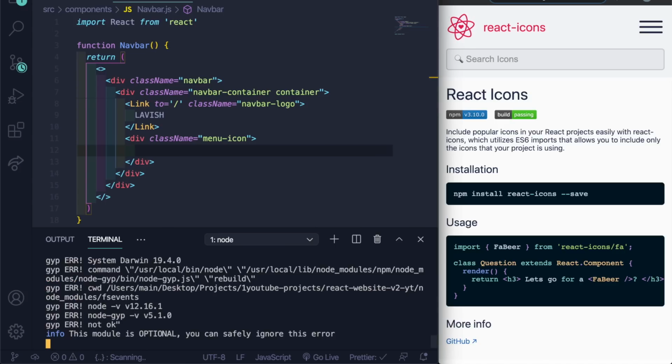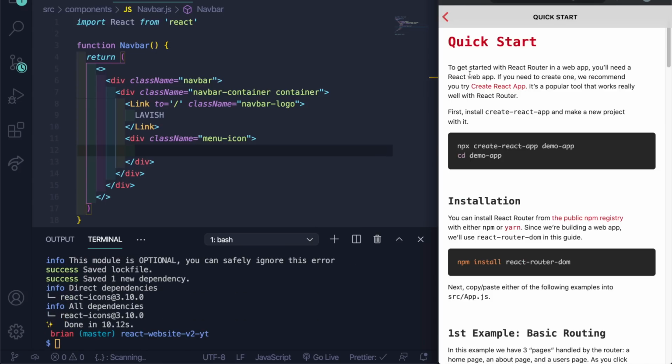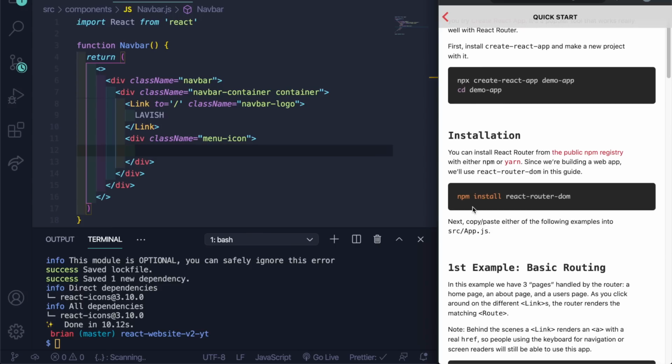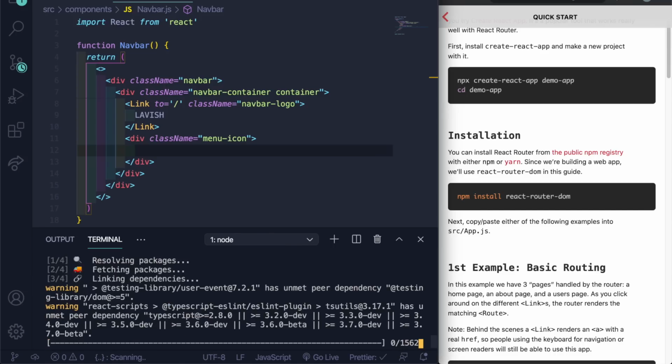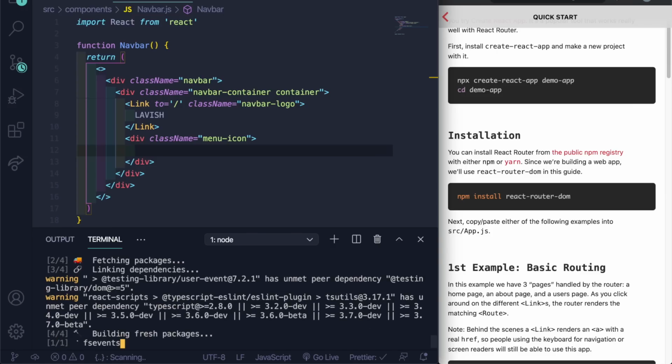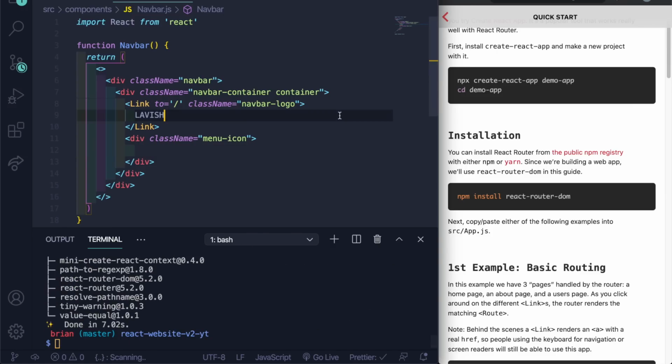So let me actually pull it up and show you guys real quick. And here I'm on React Router. So basically, if you have npm, just copy this into your terminal, npm install React Router DOM. I'm just gonna say yarn add, and then I'm gonna say React Router DOM, and then press enter. And once this loads, I'm not too sure how long this one's gonna take, but pretty much what we're gonna